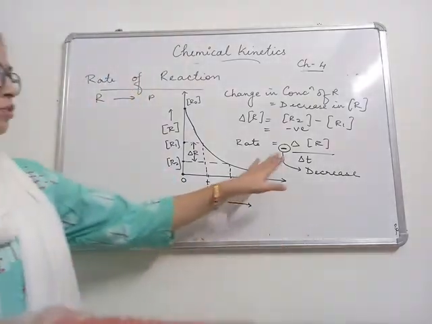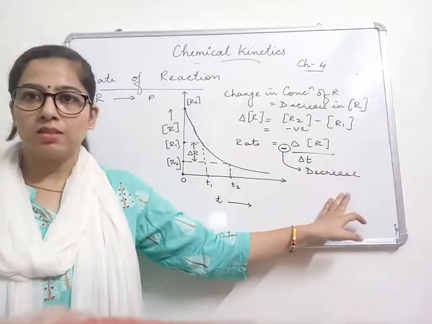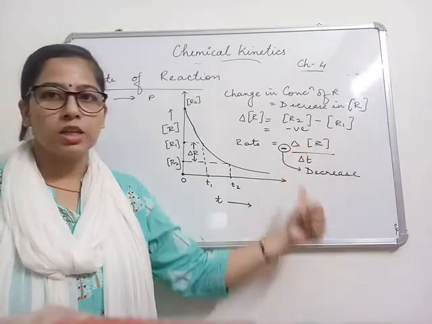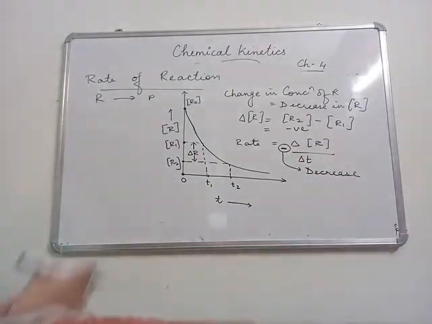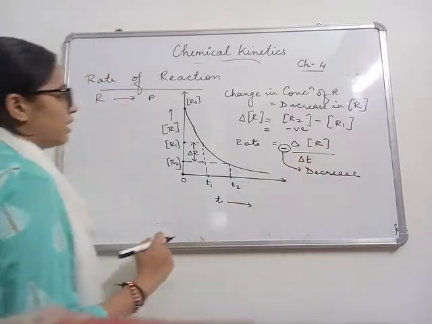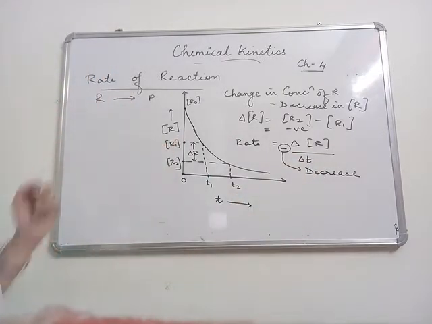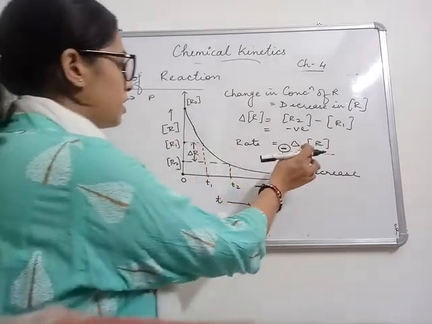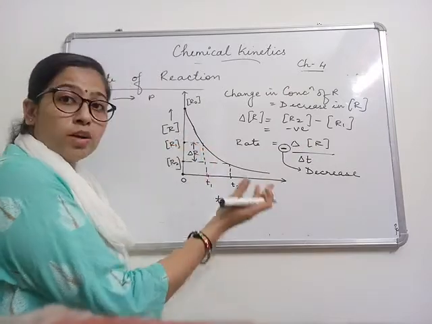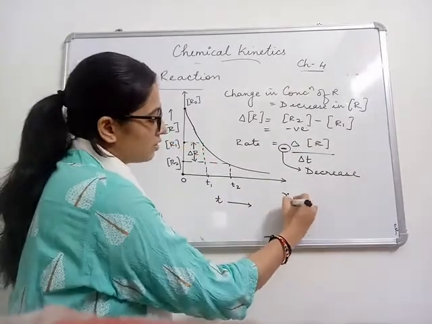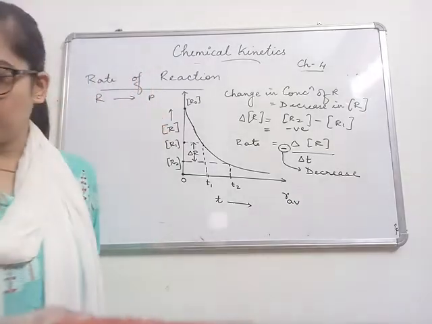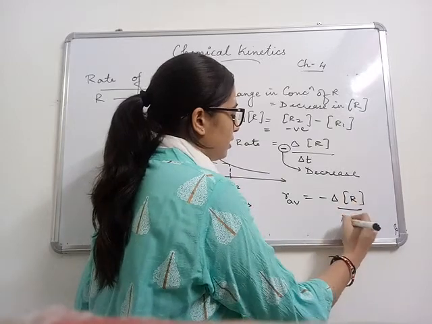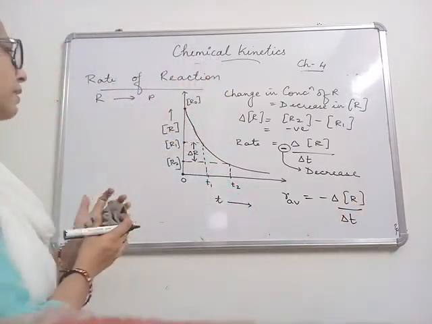The negative sign in the expression indicates that the concentration of the reactant is decreased, but the rate can never be negative. So negative, and this value is also negative, so it will turn out to be positive, and the negative sign indicates the decrease. So this is a graph with respect to the reactant. Since the changes are observable, we can note the rate directly. The rate that we write is also called the average rate. R_av is average rate, which is minus delta R upon delta T. So this is with respect to the reactant.